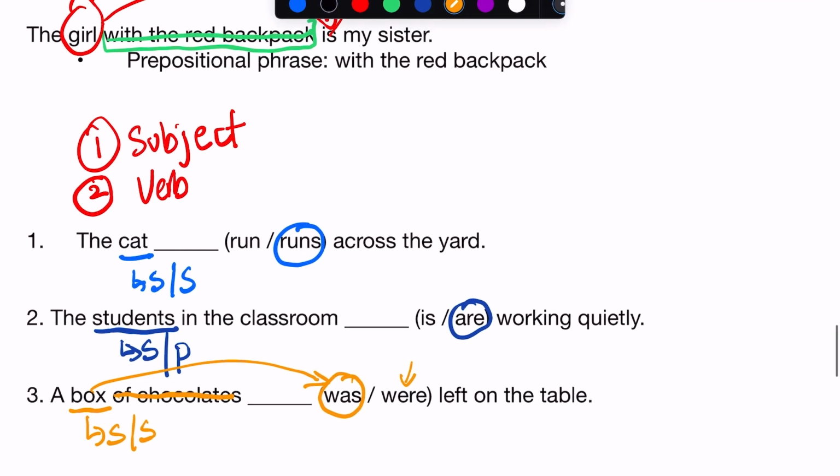All right. So that's it for subject-verb agreement. As I said, if you need more